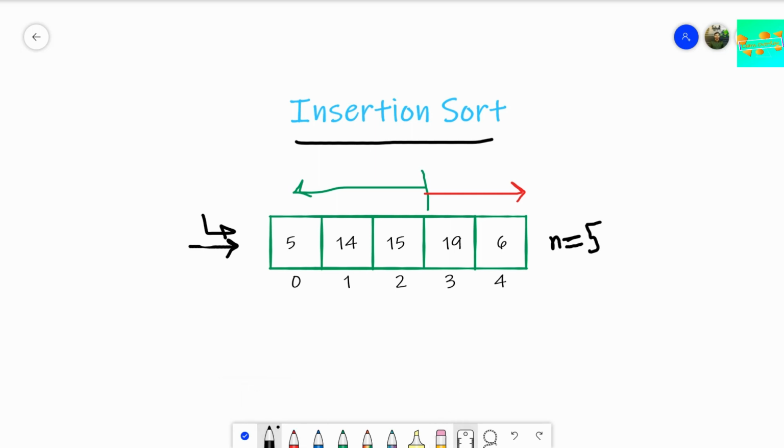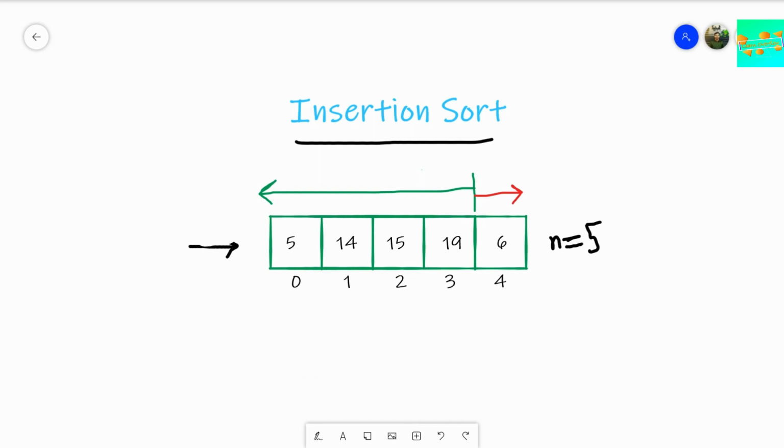Now, after the fourth check, what happens? At the end of our fourth check, what are we left with? We are left with this position as our sorted array, and the rest of the array elements are the unsorted array, right? This is what happens after the fourth run. So we just run it one more time. This was our state after the fourth run. Now we'll just run it another time.